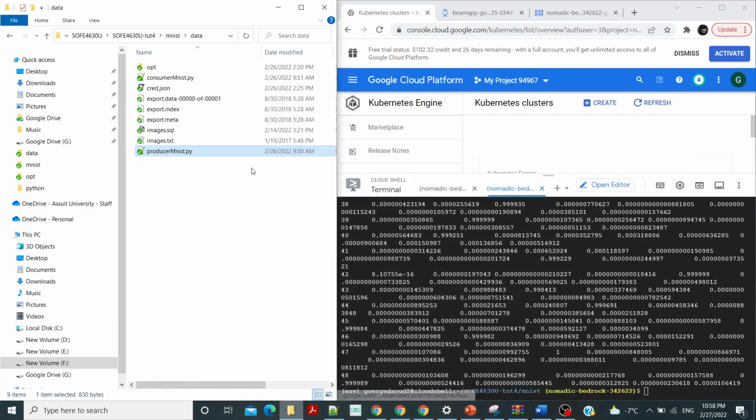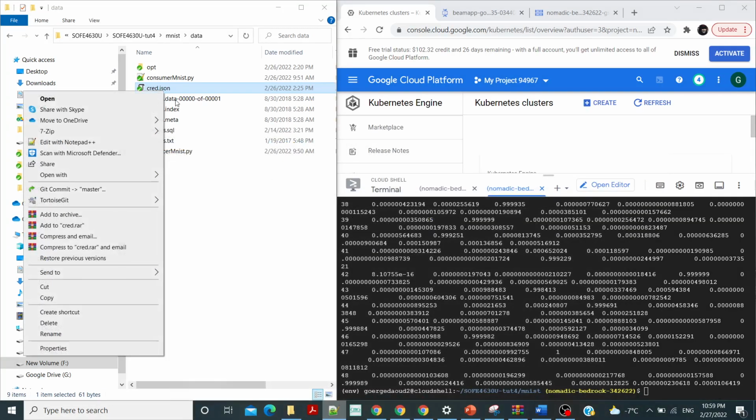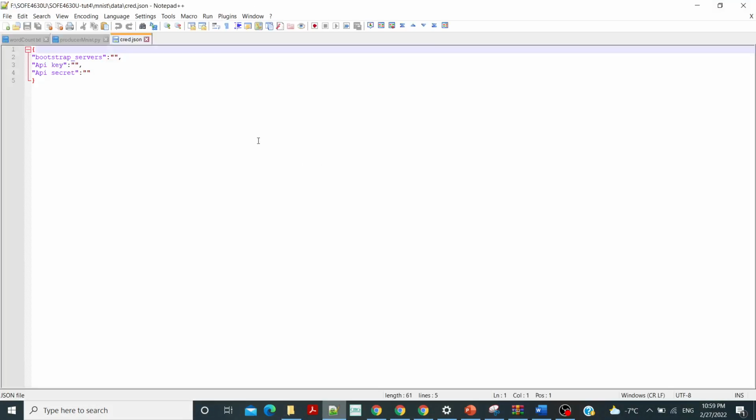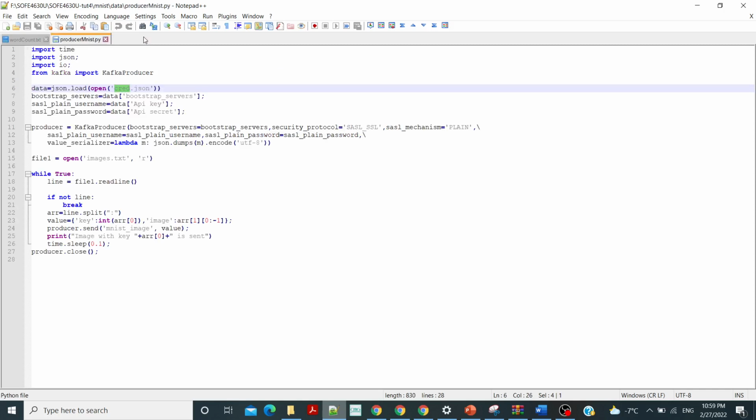It will be like this JSON credential file. You have to fill the bootstrap server, the API key, and the API secret for your Kafka. And then we'll read this JSON,